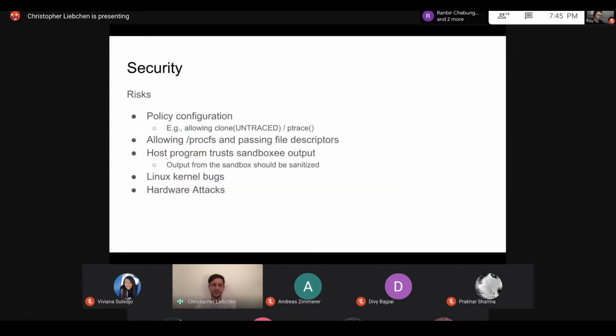As with everything I mentioned so far, this is of course not 100% safe, but it's pretty safe. But if you are not careful while configuring the policy, and your policy is too permissive, as mentioned before, then the attacker might be able to do certain things. And there are one or two system calls, which in a certain configuration,